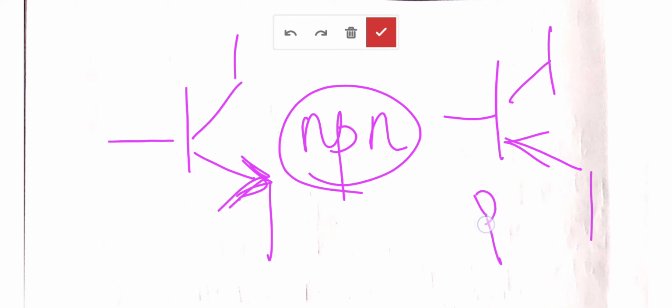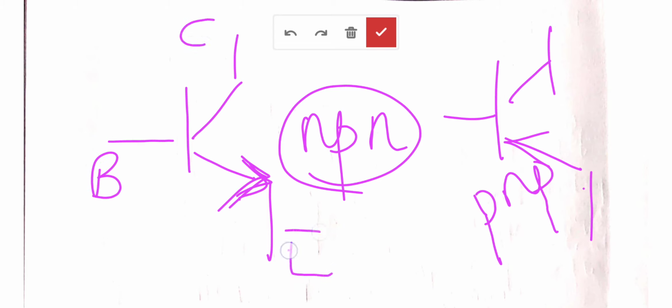So this is the symbol of a transistor. So this is an NPN transistor. So this arrow mark, if it is pointing outwards like this, then it is an NPN transistor. And a PNP transistor can be drawn like this. PNP, arrow inward. So it is a PNP transistor and the first one is an NPN transistor. So this is the base terminal, this is the collector and this is the emitter. The one with the arrow mark is the emitter. So this is the symbol of a transistor.